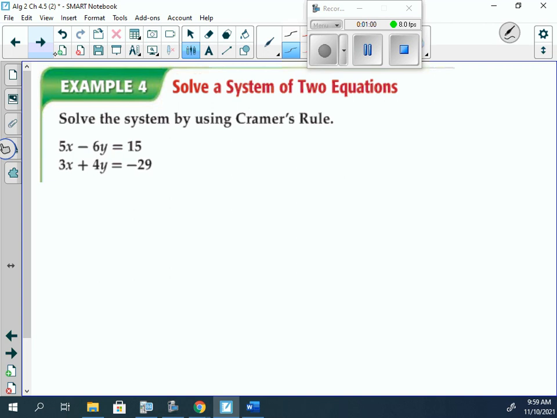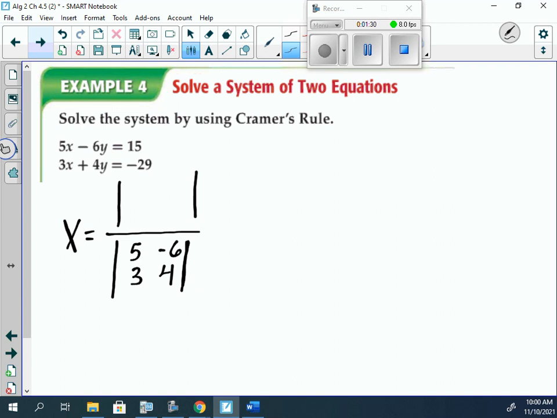Solve the following system by using Cramer's rule. Well, x is equal to, so we're going to have two determinants. Now, the determinant on the bottom is just going to be the matrix of the coefficients of the variables. So when we look at the first one, well, we have 5x minus 6y. So we would have 5 and negative 6. On bottom, we would have 3 and 4,